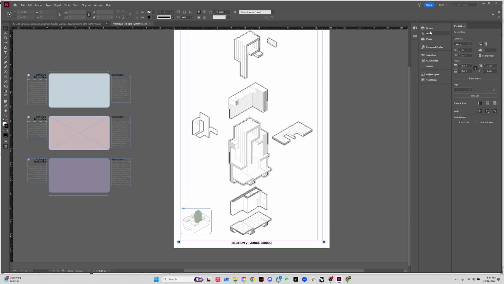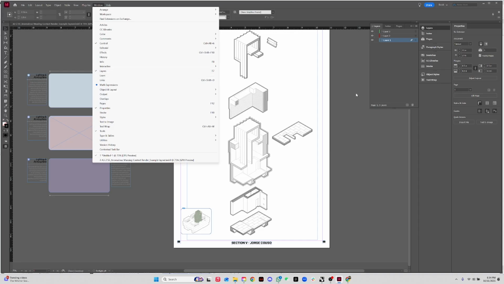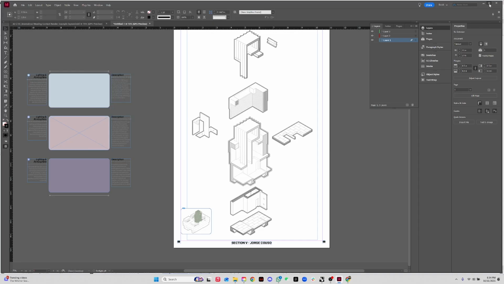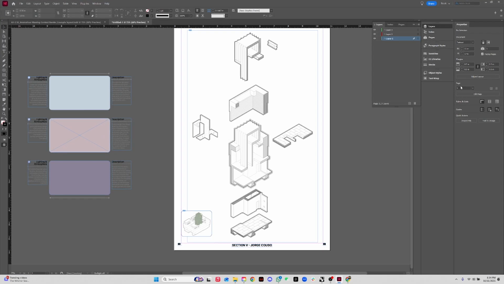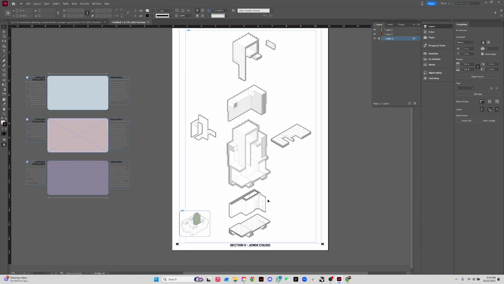Now, in InDesign, you can do layers. If you don't have the layers tab, you can just go to Window and make sure that you have it on, and then you can organize it however you like in your browser here. I like to work with layers, so I have all my images in a layer. I'm gonna just block that layer for now, because now what I want to do is my dash lines, of how the things are being exploded. So I'm gonna use the pen tool,